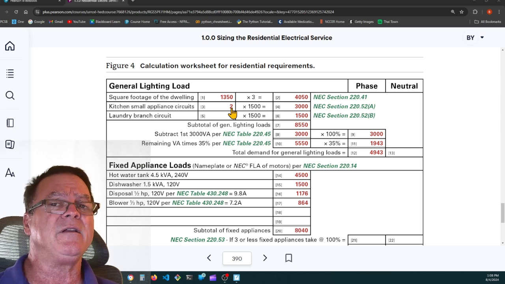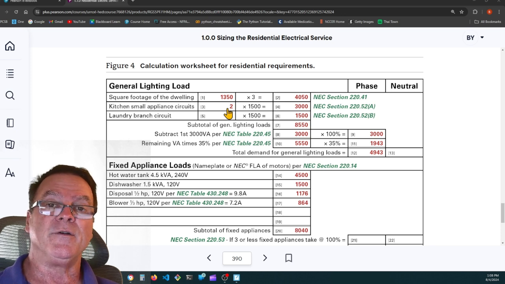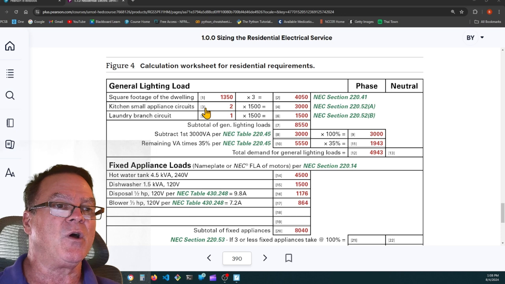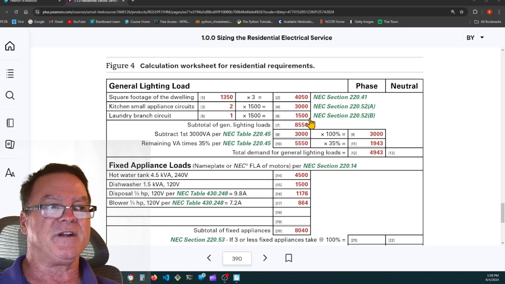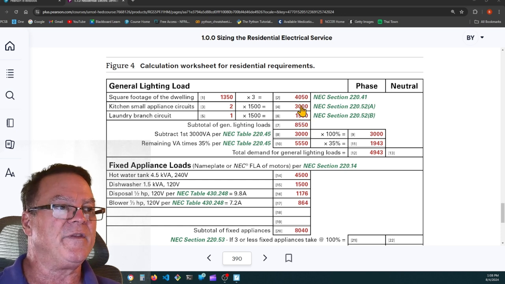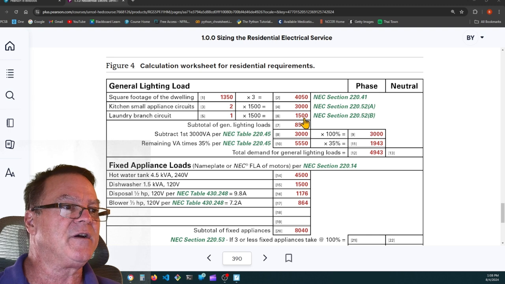You can have 3, you can have 4, you can have more than 2 small appliance branch circuits, but you have to have a minimum of 2 per kitchen. If you're building a big house and you've got 2 kitchens, you have to have a minimum of 4 small appliance branch circuits, 2 in each. So that was 3,000 volt amps, and then the laundry branch circuit is 1,500 volt amps. So then they added these all together, and they got